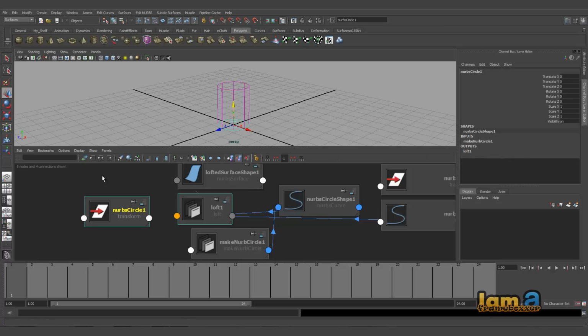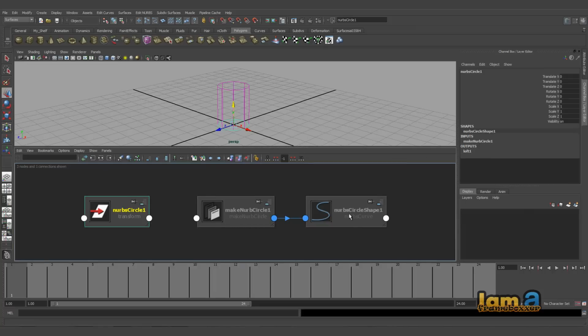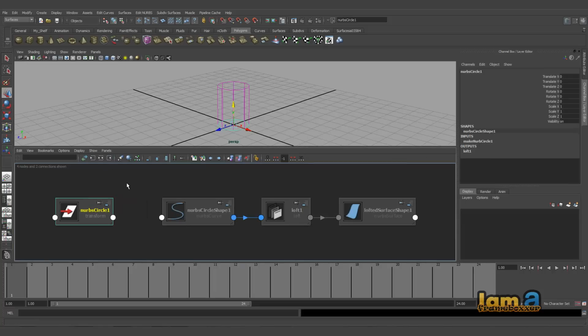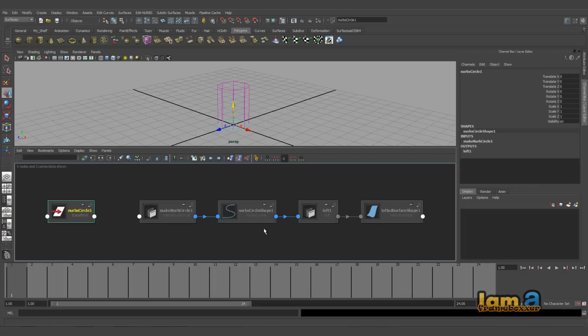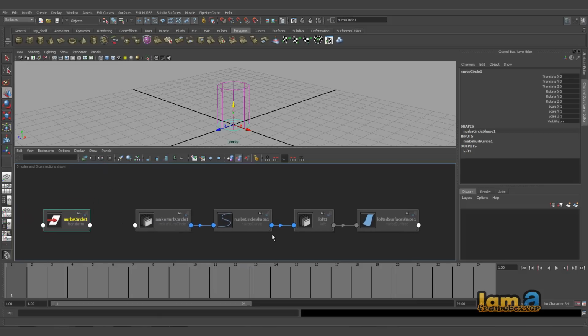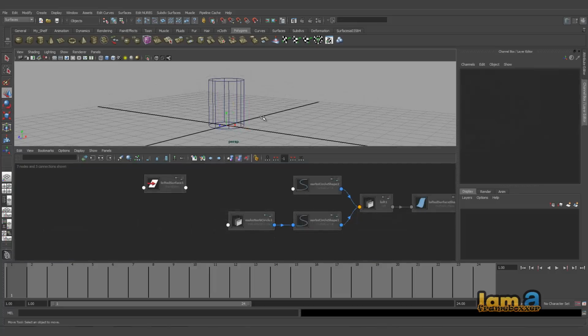So if you have this circle, click on the input connection, you have the shape node, and then you click on this one, you have the loft node. So input and output connection together, you can get to see both of them here. I hope this simple explanation is clear for you to understand input-output connections. Let's also quickly talk about the shape node. That's very interesting in Maya.